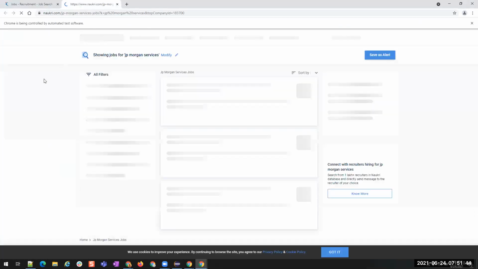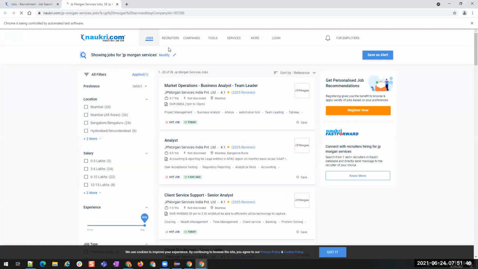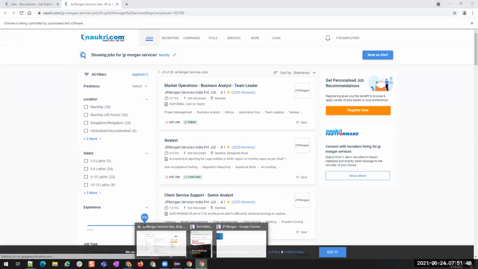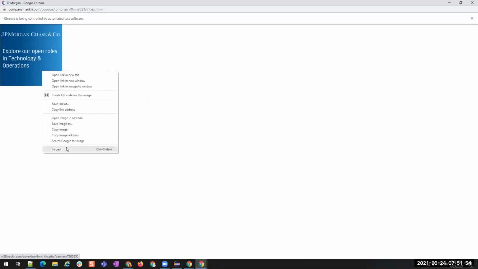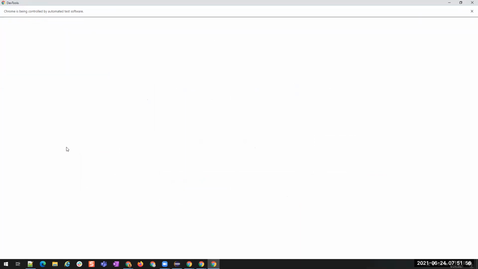Okay, this is the window and I have an image here. I'll click on it to go to this window or to apply. Okay, but to click on it, we have to identify this element. Right click, inspect.